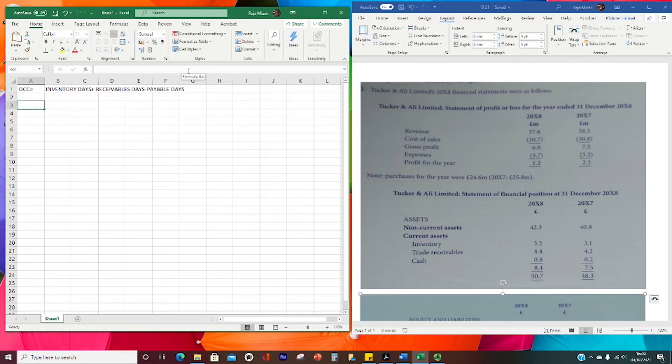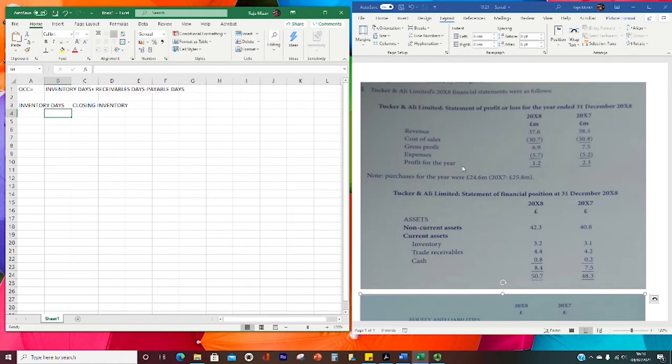So to do inventory days, the formula is closing inventory. Now, many books say average inventory. However, in this question, calculating average inventory for 20x7 is not possible because we don't have opening inventory for 20x7. Hence, we have to take closing inventory figure, which is fine. Even if you see in this case, the difference between opening 20x7 inventory and 20x8 inventory is minimal. You can actually ignore such small differences when you're calculating ratios. So it's perfectly fine to use closing figures if there's a very small change in the inventories year on year. So closing inventory divided by